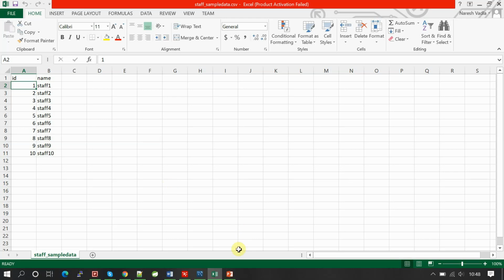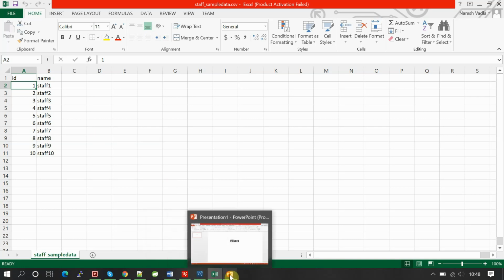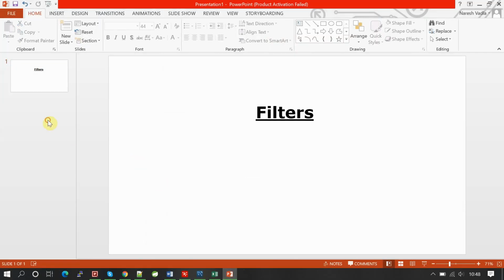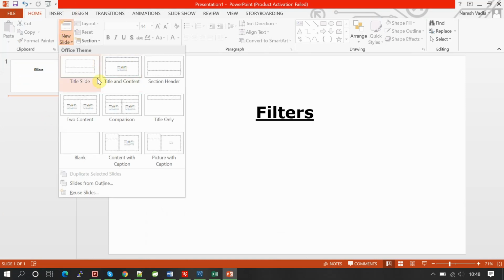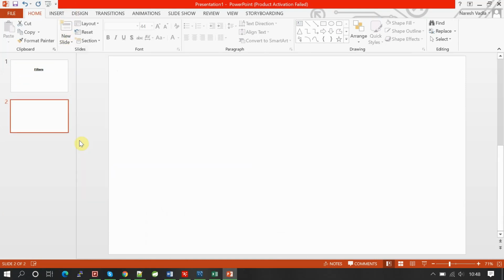So let me show you that. This is sample data and let's prepare this transformation and see how it works. Let me explain once again how it works. Let me take a new slide, a blank one. So how it works is,